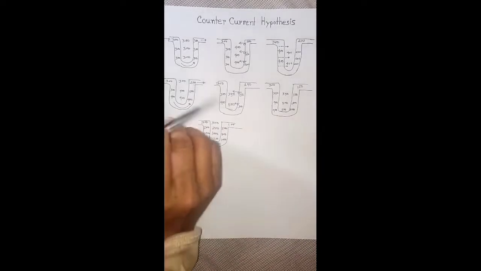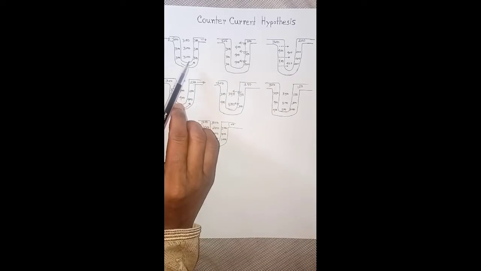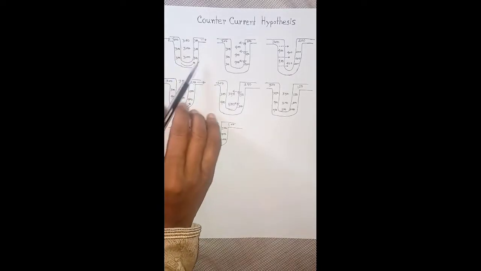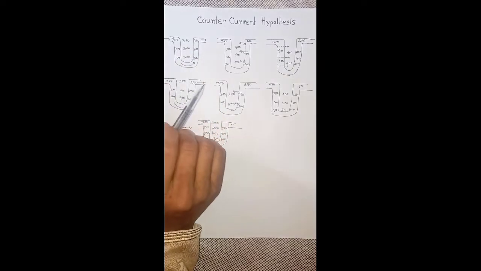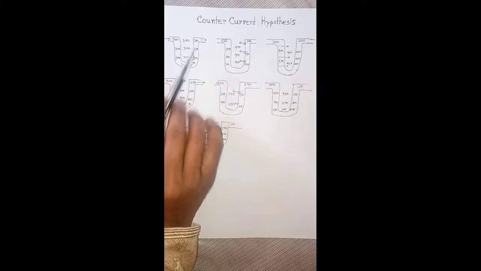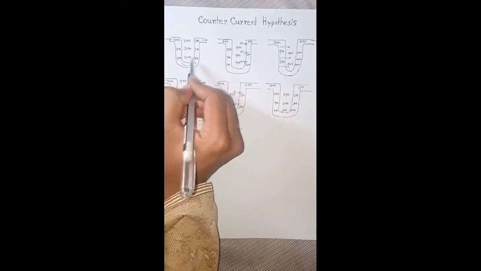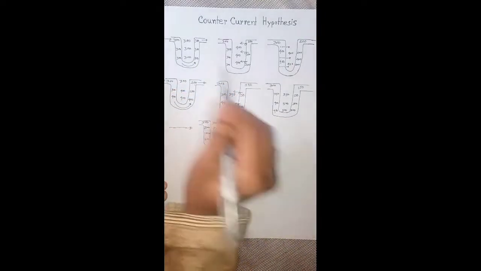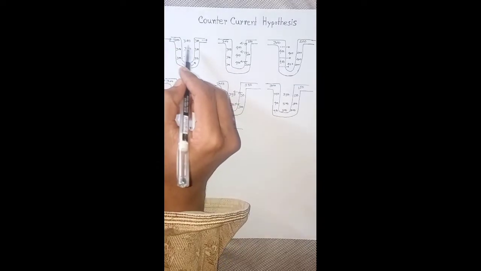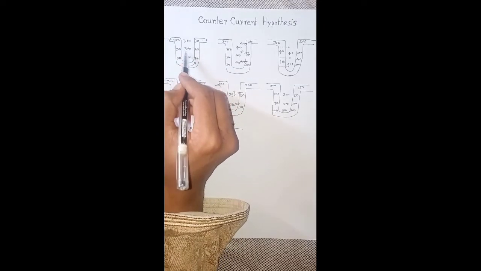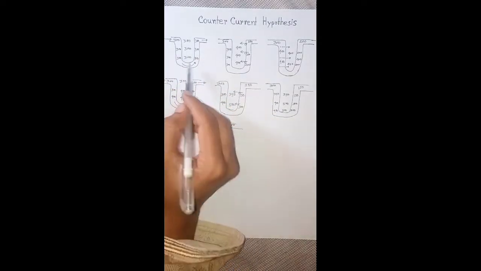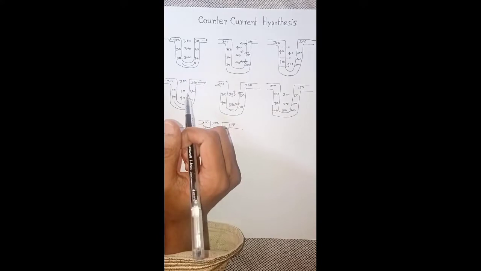The first step, we consider that the loop of Henle is filled with fluid having a concentration of 300 milliosmol per liter. At this time, the fluid in the medullary interstitium is also 300 milliosmol per liter. This is the first step. The second step,